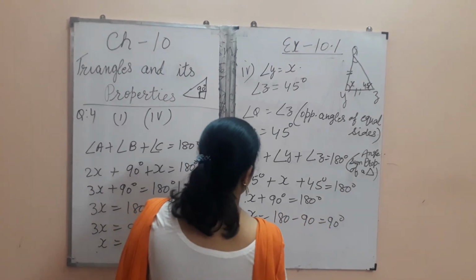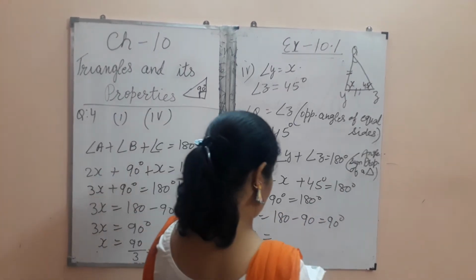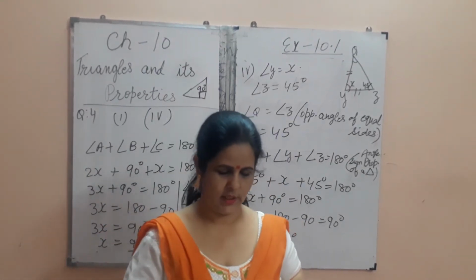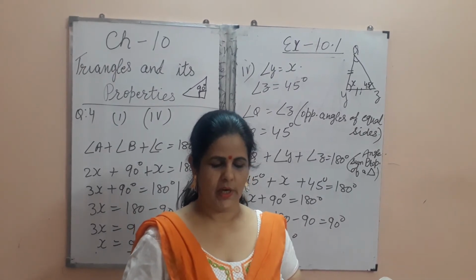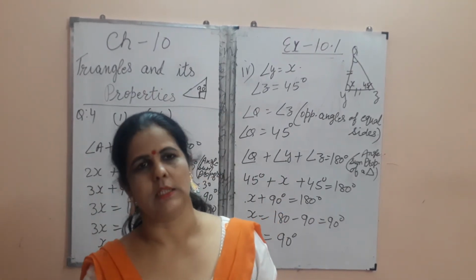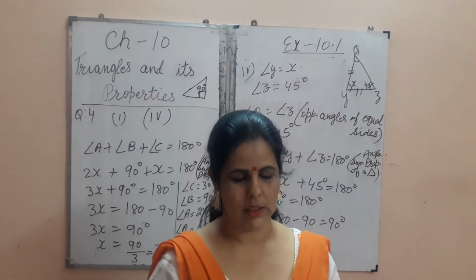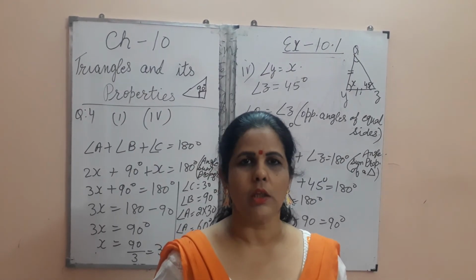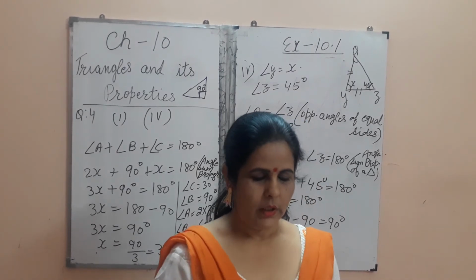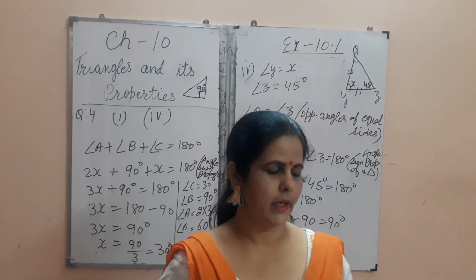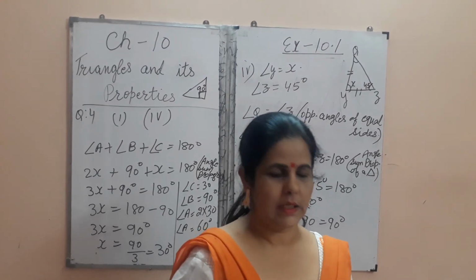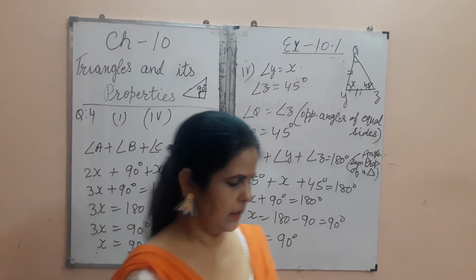So the value of angle X is 90. Understood? So like this we will do all these questions. Now come to the fifth question. Check if the measures given can be the possible angles of a triangle. So we will add all these angles. If the sum is 180 degrees, it means they are the angles of a triangle. Otherwise they are not the angles of a triangle. So you will do this question yourself, questions number three and four. Third and fourth you will do in the classwork copy, and questions 1 and 2 in the practice copy.